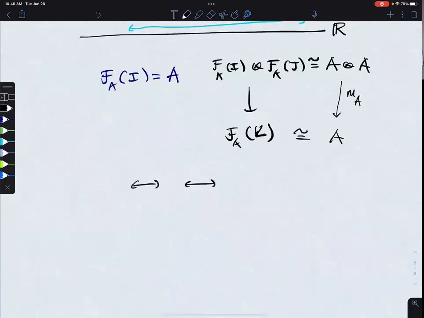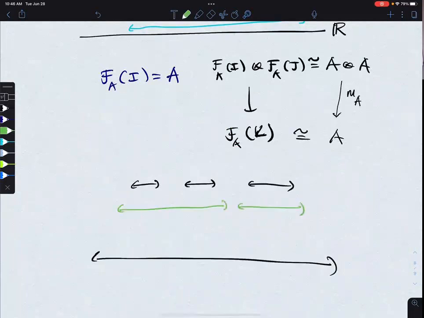I could either factor the inclusion through something like this, or I could factor it through this instead. And you can see that these 2 different ways of doing it encode the associativity of the multiplication. The fact that it satisfies the axioms of a prefactorization algebra comes